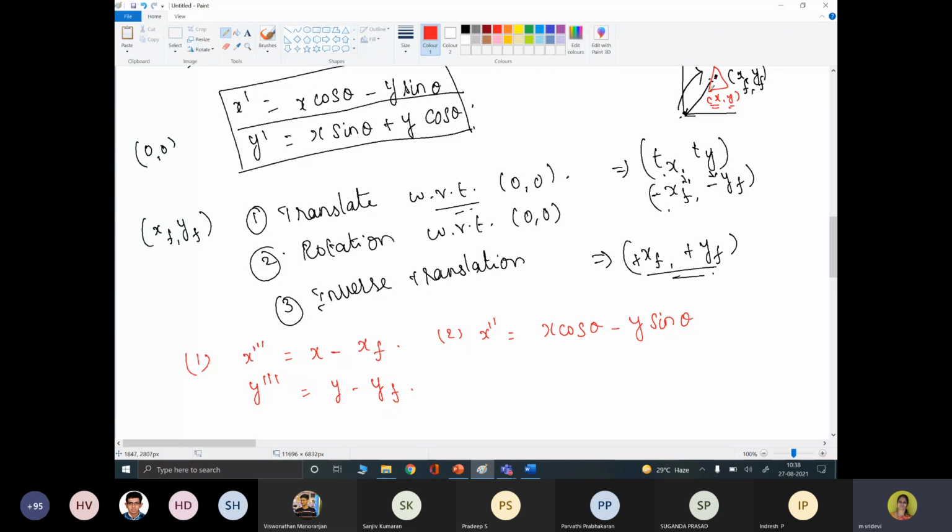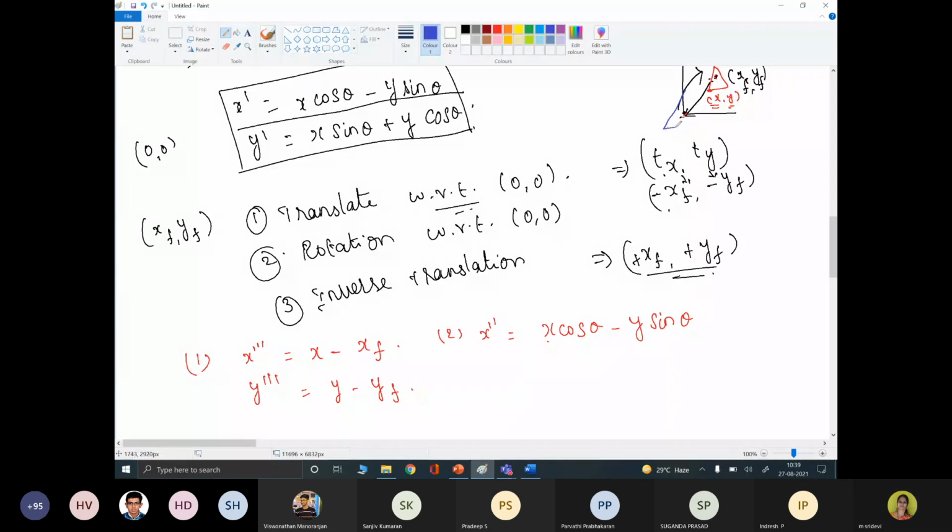xy, this is the object. Be clear with this. This is the object we have. I am taking this as a pixel coordinate xy, and this is some point we have here. This point we are aligning. When we are aligning this point, every pixel we have is converted into x minus xf, which is nothing but x triple dash. It's clear.